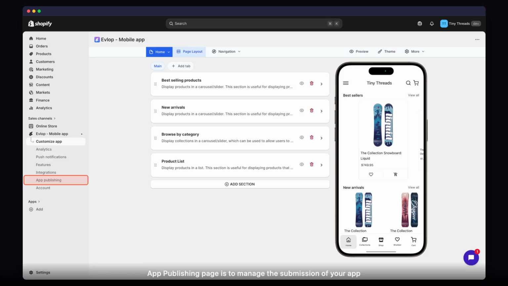Here you can launch your initial version or push new updates to ensure your users always have the latest features and improvements. And last but not the least, manage your app's core settings on the Account page. This includes your subscription details, developer account connections for the App Store and Play Store, and Firebase configuration for notifications